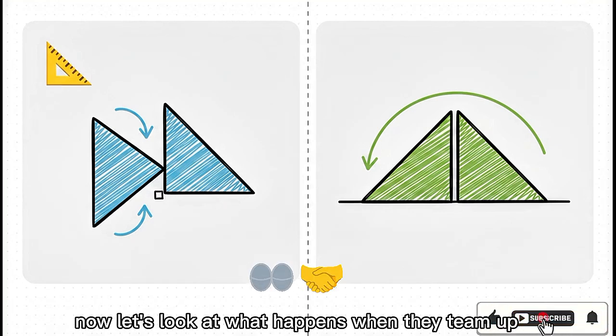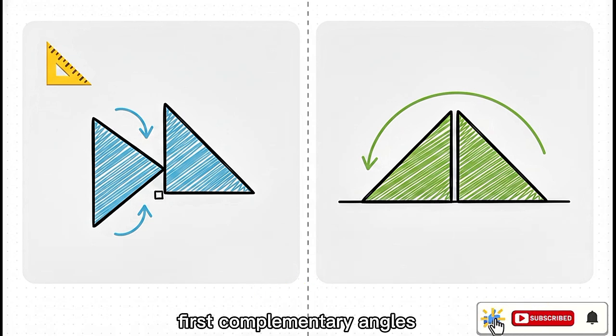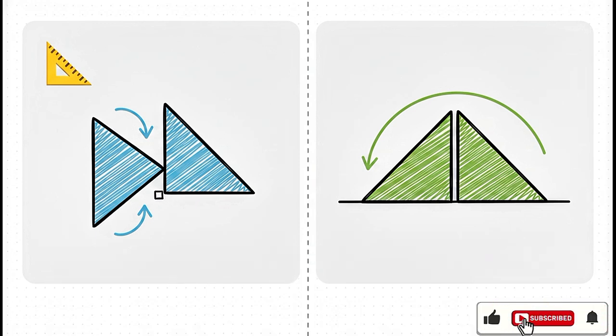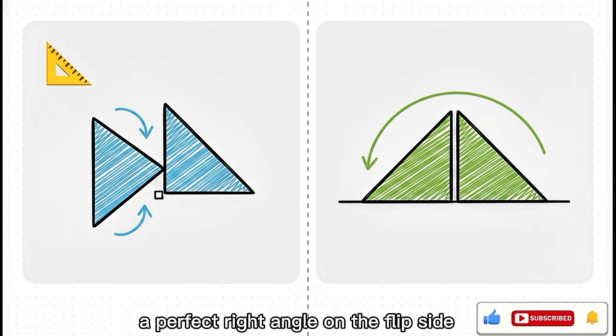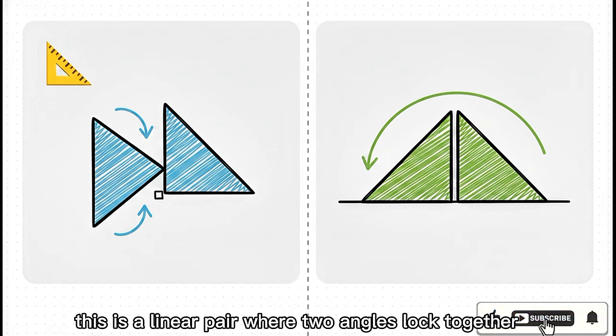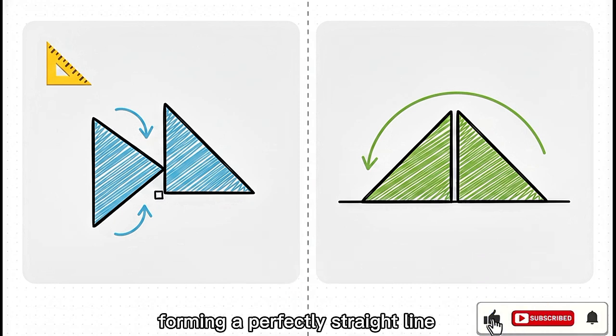Now let's look at what happens when they team up. We have 2 very important teams here. First, complementary angles. This is when 2 different angles add together to make exactly 90 degrees, a perfect right angle. On the flip side, we have supplementary angles. This is a linear pair, where 2 angles lock together to add up to exactly 180 degrees, forming a perfectly